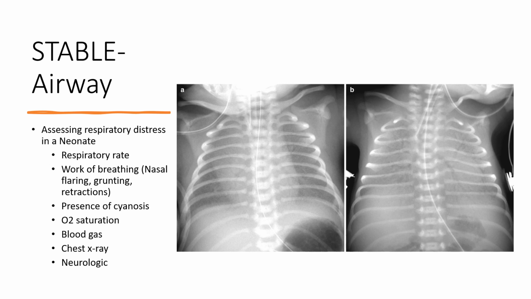So assessing neonatal respiratory distress in a neonate, we're going to look at their respiratory rate, their work of breathing. Do they have all the things we've talked about? Do they have the nasal flaring, grunting, retractions, presence of cyanosis, whether it's peripheral or central? Once again, central cyanosis is a lot more concerning than peripheral cyanosis. Their O2 sats, but we have to take that